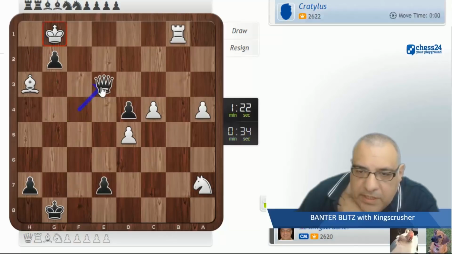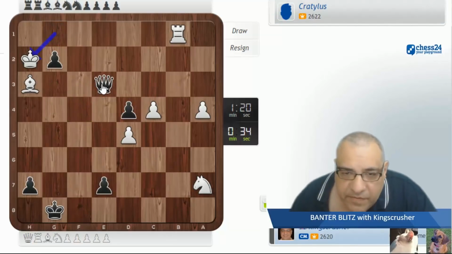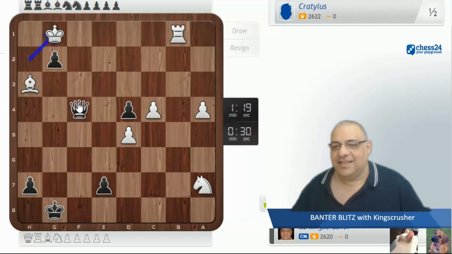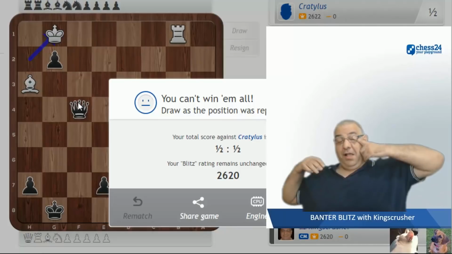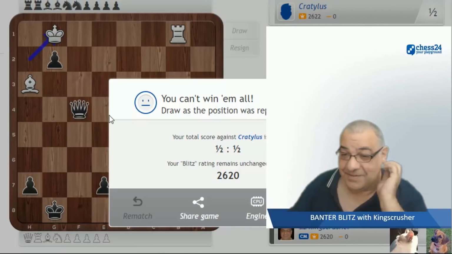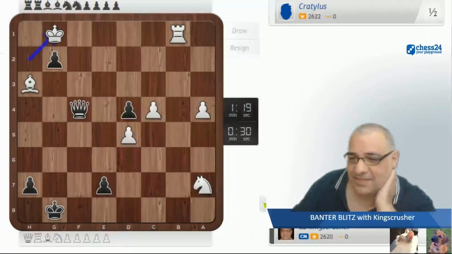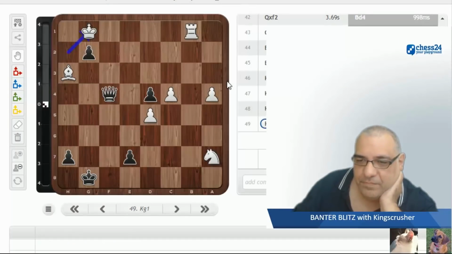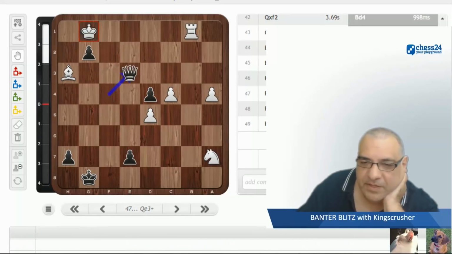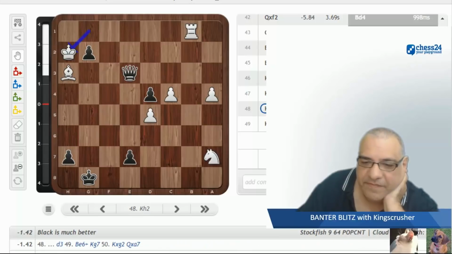Oh, crikey, I might have to bail out. He's got 3 pieces here, and 30 seconds. That was fun. Let's have a look. What does it say? Black is better, but I just couldn't see. With 30 seconds,